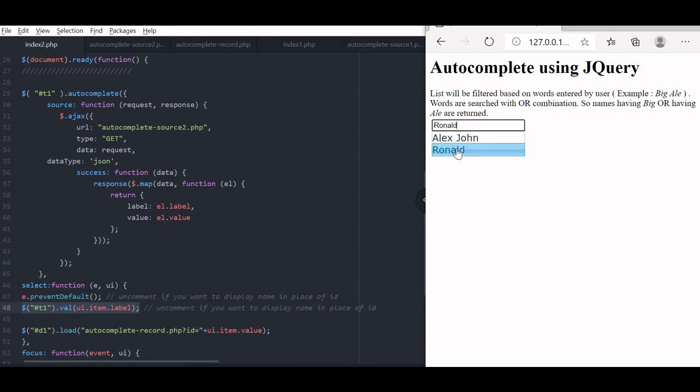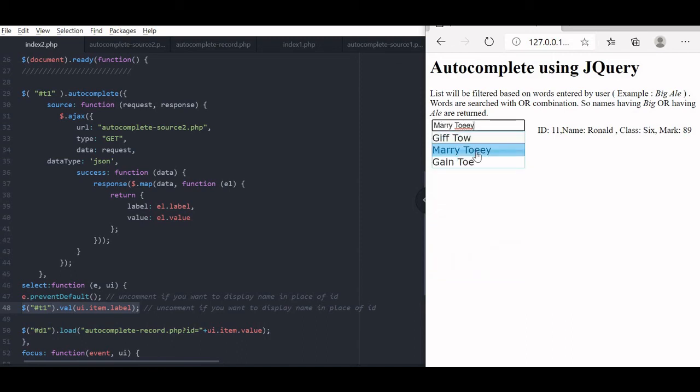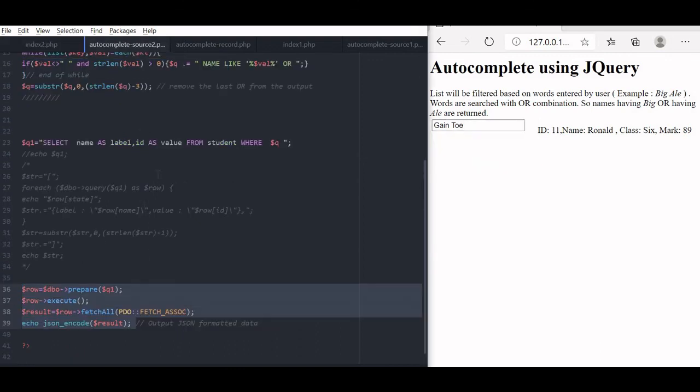AL, now Ronald I am picking up and getting. Now this filtering is done at the back end. So let us say T, so all the TO, let us go. So TO, all the combinations of TO are appearing. This filtering is not done at the front end, this is done at the back end. You can understand the PHP and MySQL combination. In that way we are using it, and this dynamic query is generated as a part of the code here.